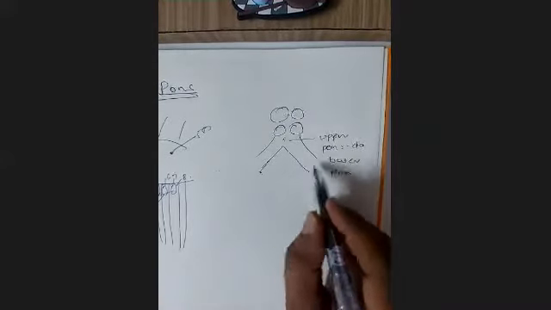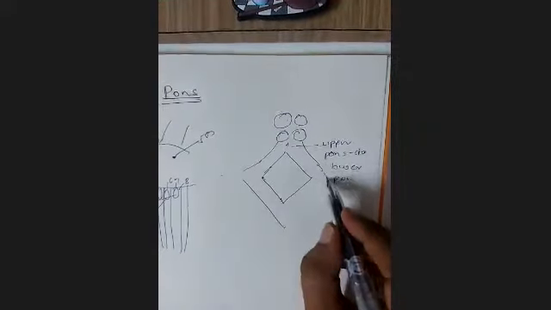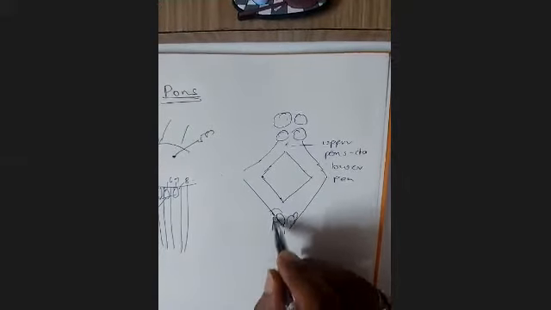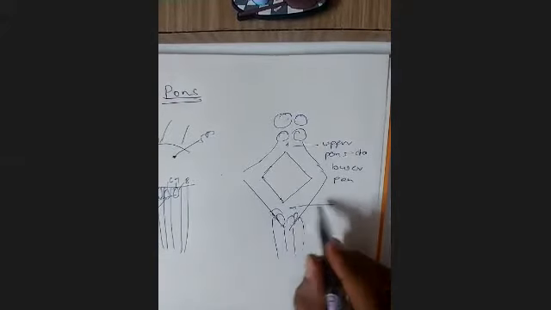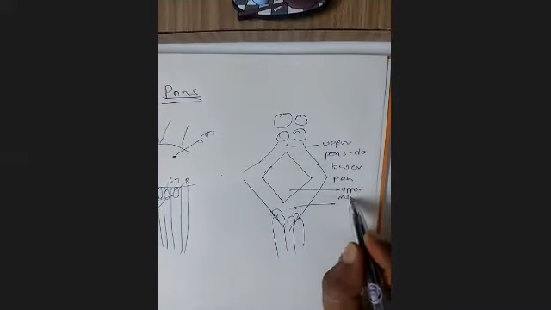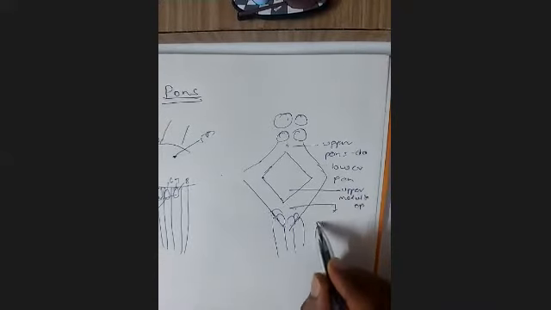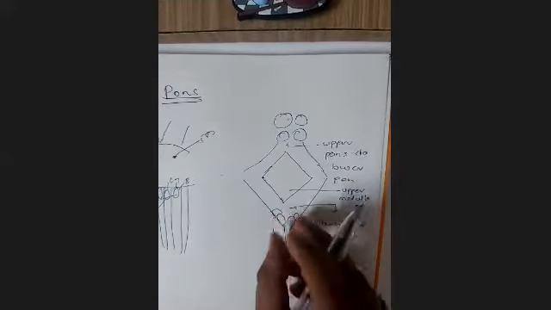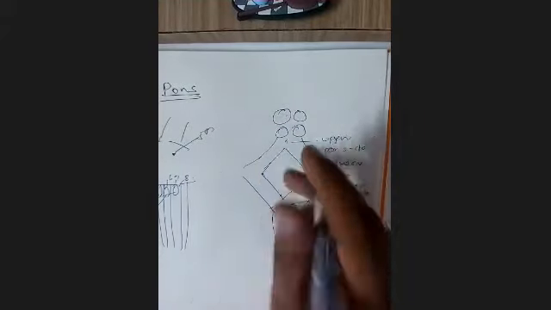Okay, so this is the fourth ventricle, the diamond-shaped fourth ventricle, and here again the cuneate and gracile tubercles are there. So this is the upper medulla, which is open, and this is the lower medulla, which is closed. At this point it was closed, then it opens up in the form of the fourth ventricle.